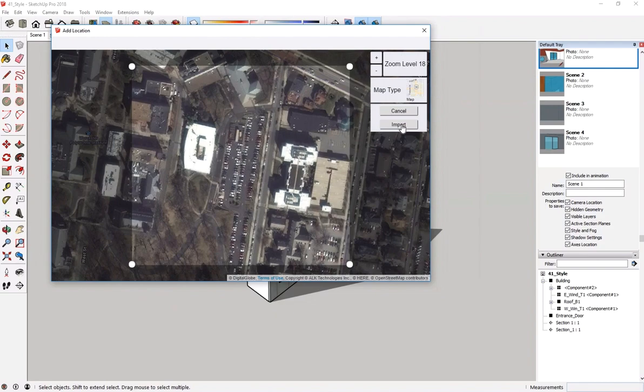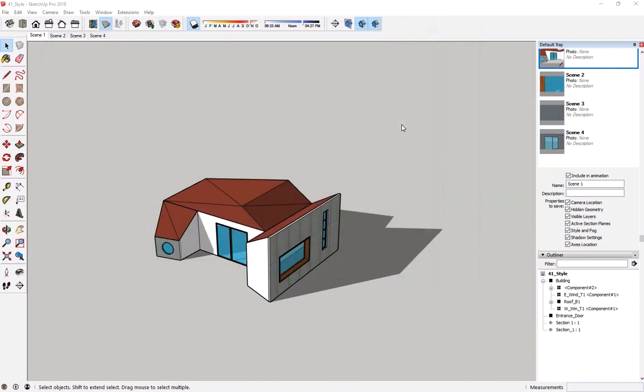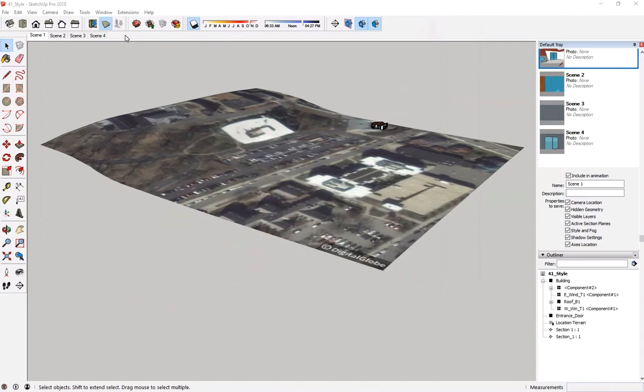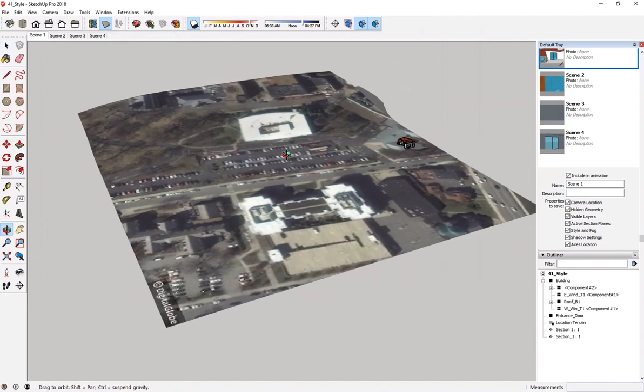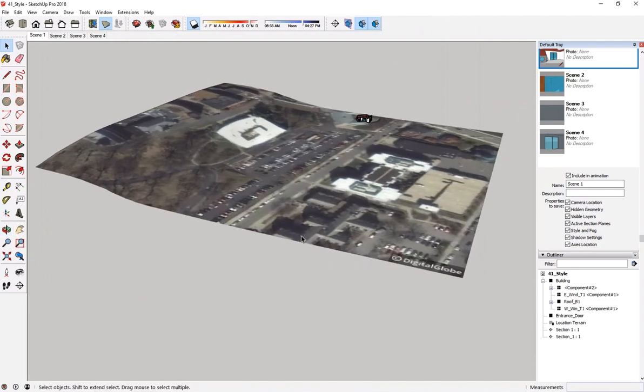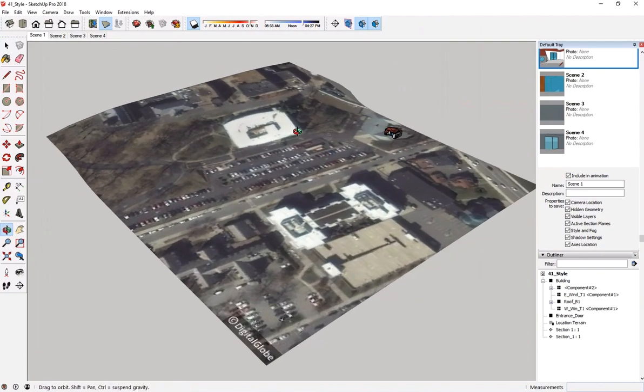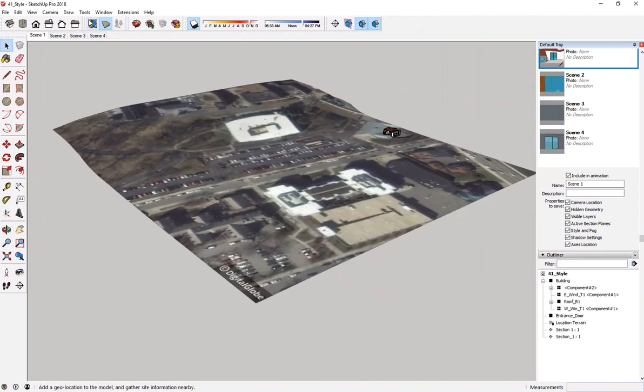When it's done, I'm going to say import, and then SketchUp starts importing that. When the aerial image is imported, you see that in that small location,